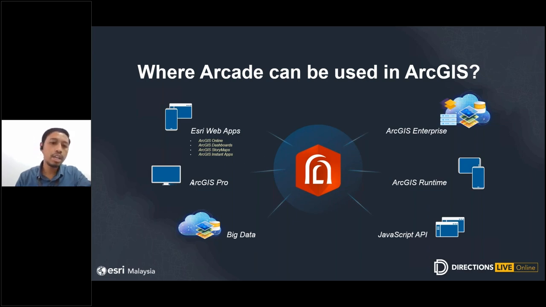Then ArcGIS Pro. In ArcGIS Pro, Arcade can be used to create custom visualization, labels, pop-ups, and perform calculation or manipulate data directly. You can also use Arcade to write a simple expression to manipulate data values, format text, and perform a logical operation. Essentially it provides a way to dynamically generate content based on the data without needing to modify the underlying data